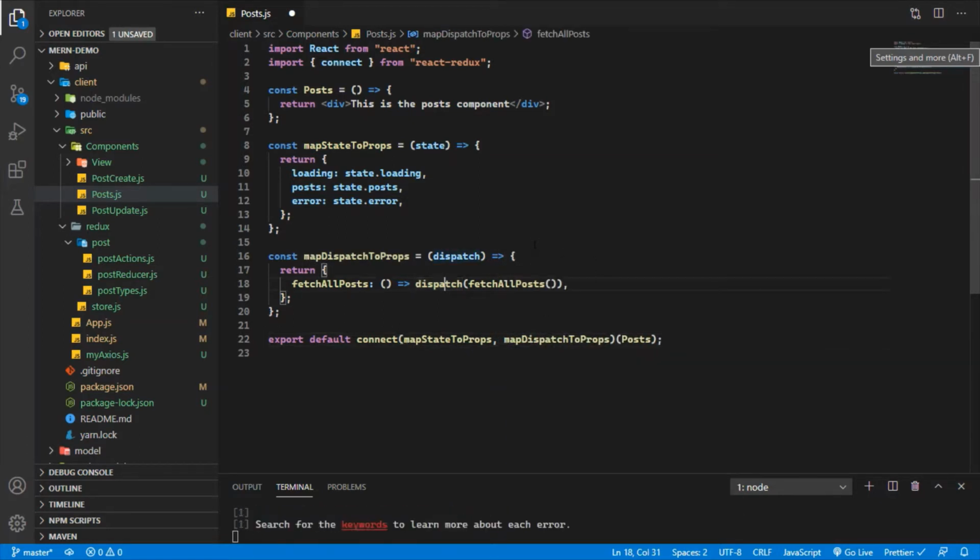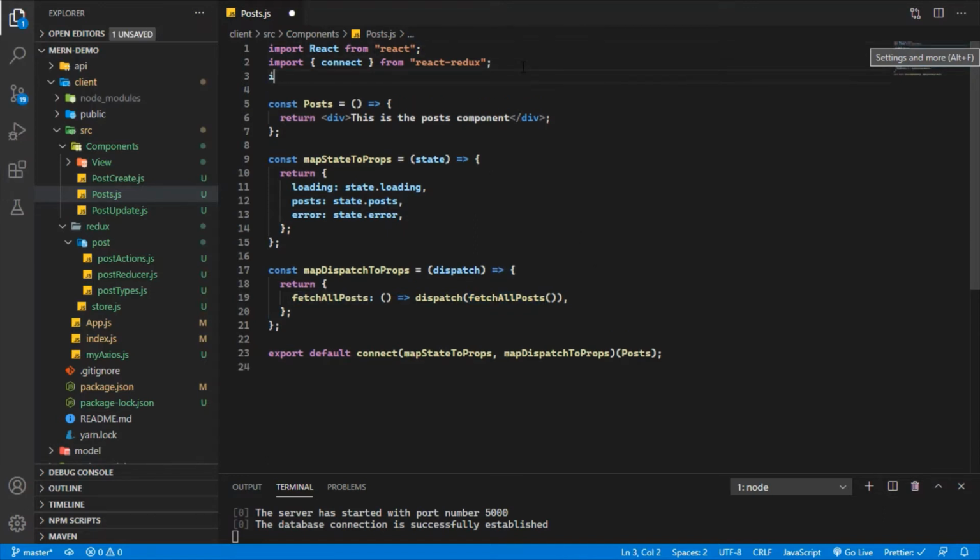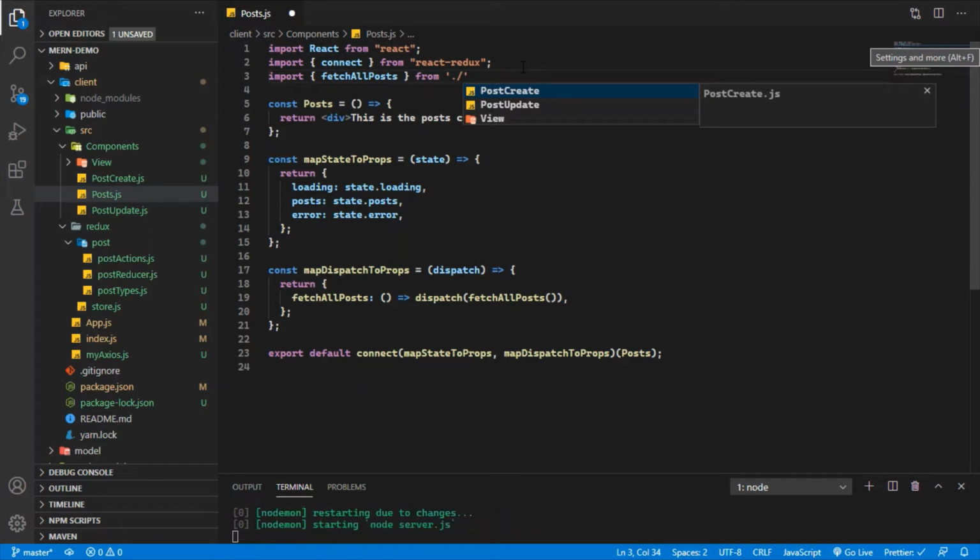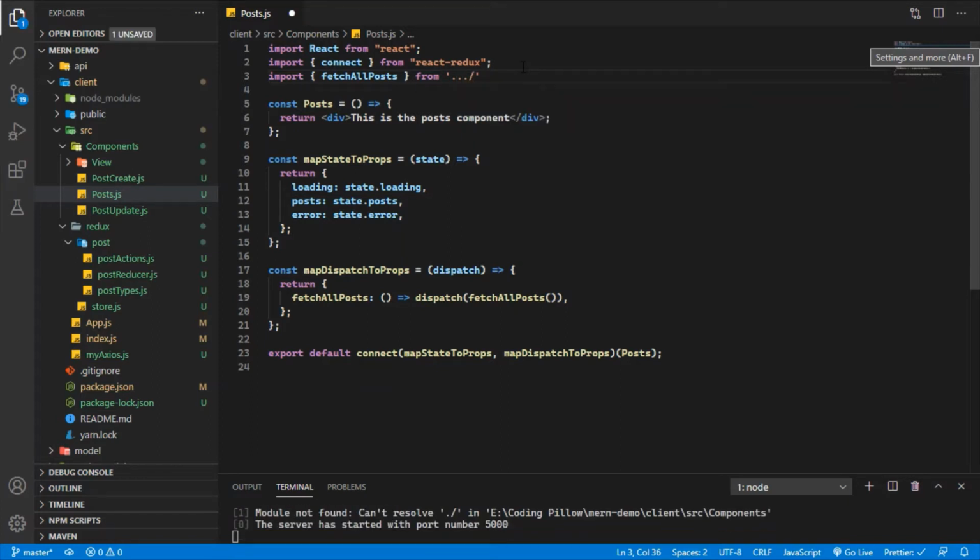We are done here, and now we need to import this action, fetchAllPosts. For that I'm going to import fetchAllPosts from the post create. No, this is not the one.